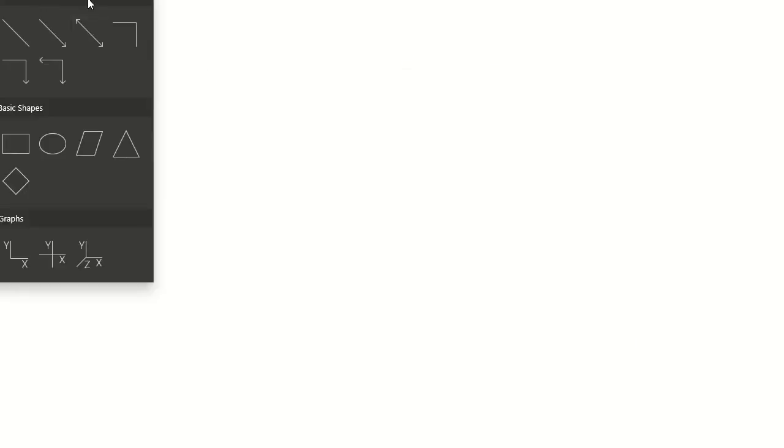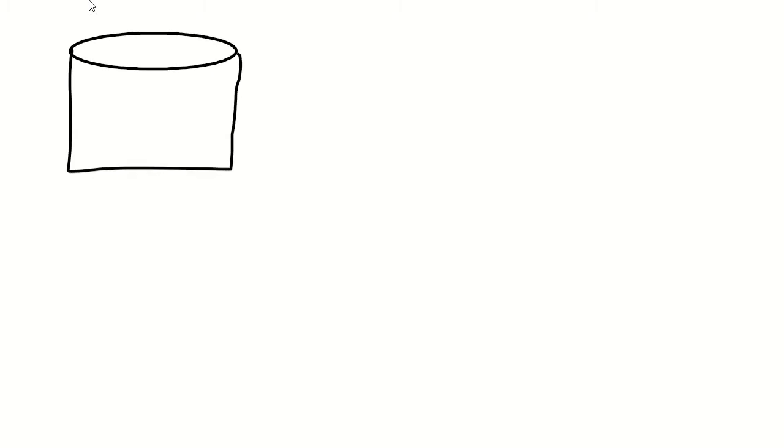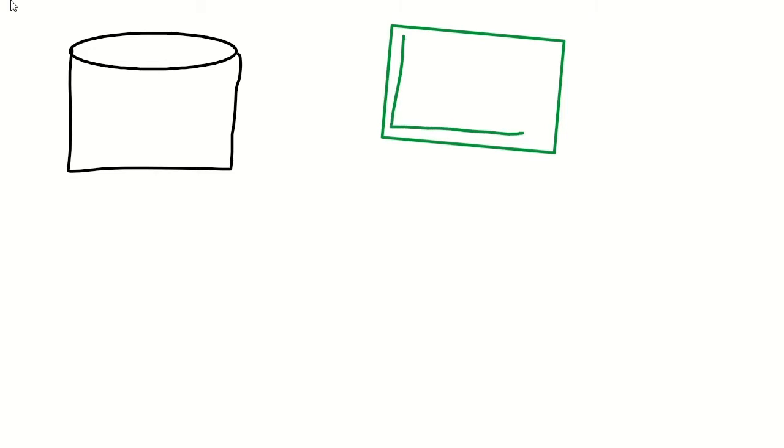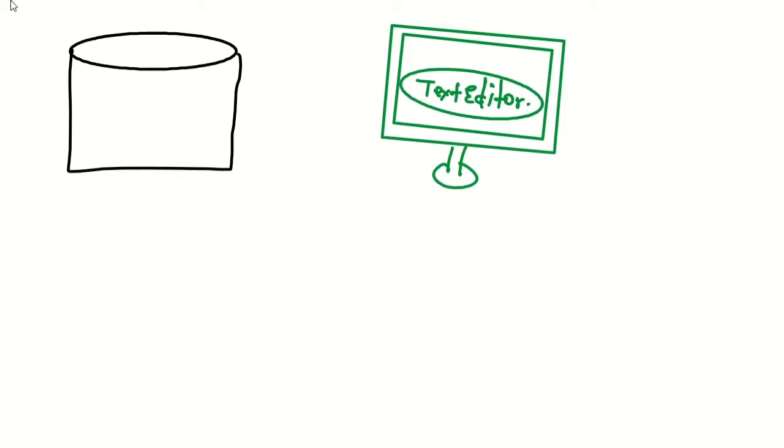In the first video I explained that all the files are stored on the disk. So, for example, this is our disk. We will write our C code. This is, say, our desktop screen, and we are going to write our C code in some text editor. Make sure it is a text editor, because we can't go with Microsoft Word and the like, as they have their own formats of storing the text. So we need a plain text editor.